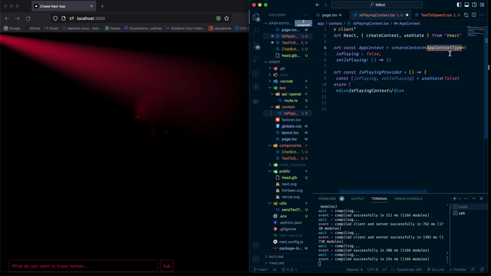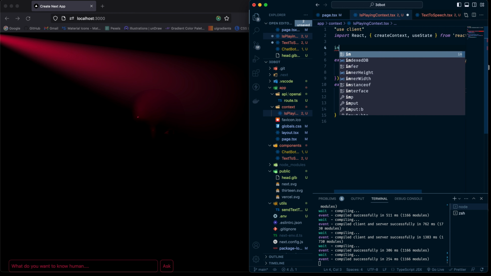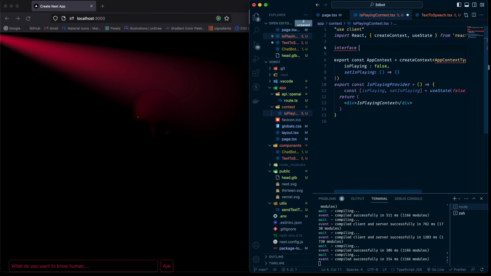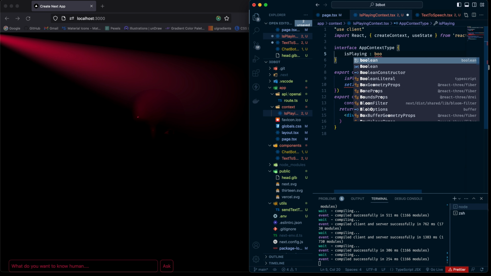We'll create this. If we don't do this, TypeScript will give us some errors. If you're using plain JavaScript, you don't need to type all these extra types. So this will be boolean,